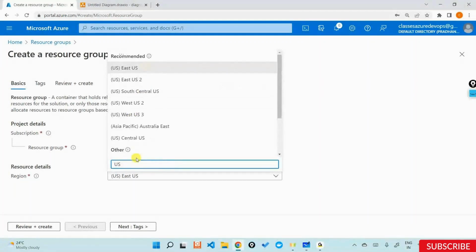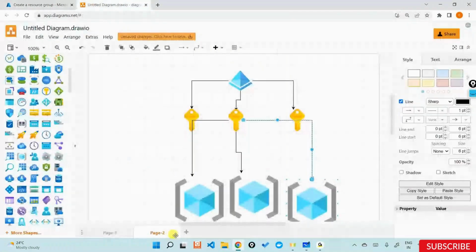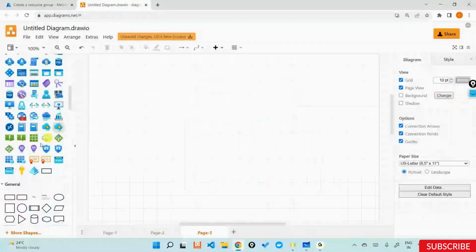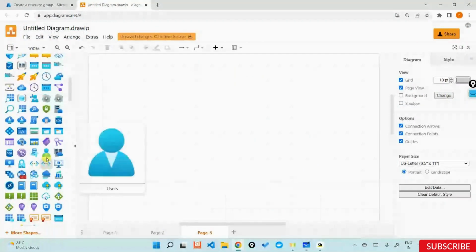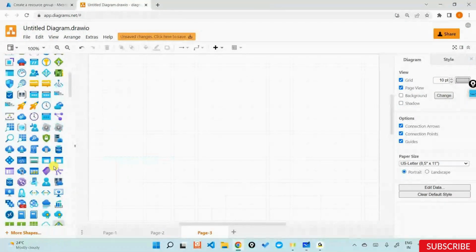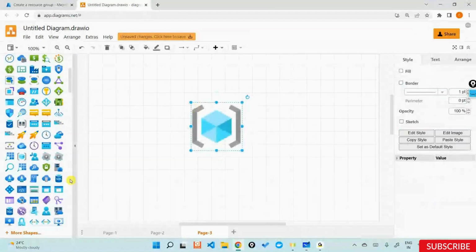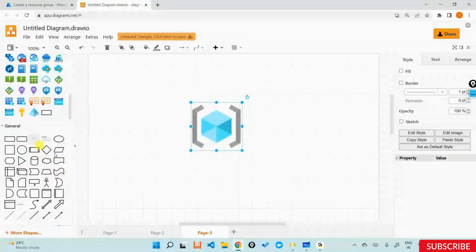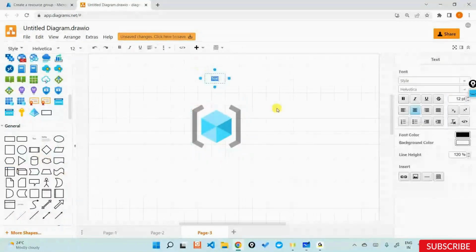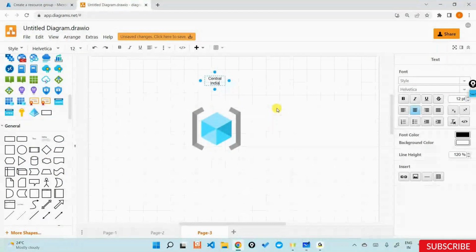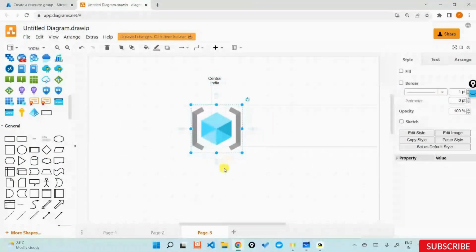What really happens is that when you create a resource group in Azure, let's talk about the resource group. Let's see, where is the diagram. If you create a resource group in a location called East US 2, or East US, or India, or Central India, something like that, let's say Central India, Microsoft goes in the background and goes to a data center